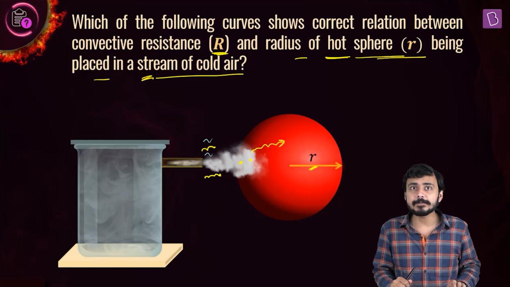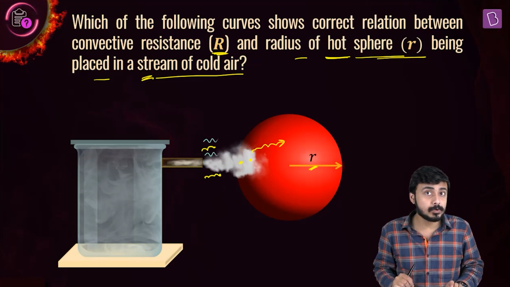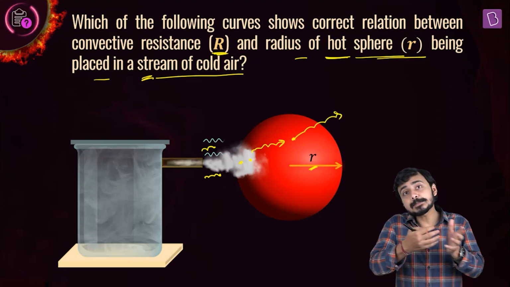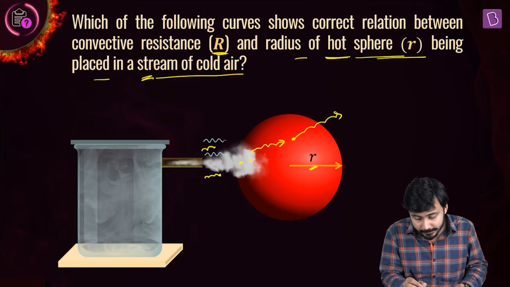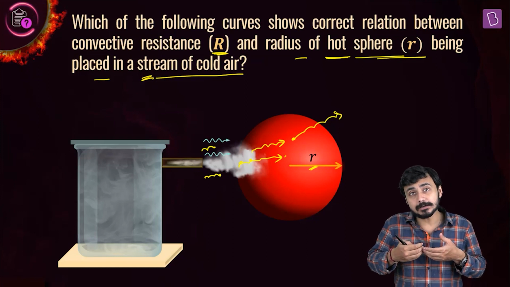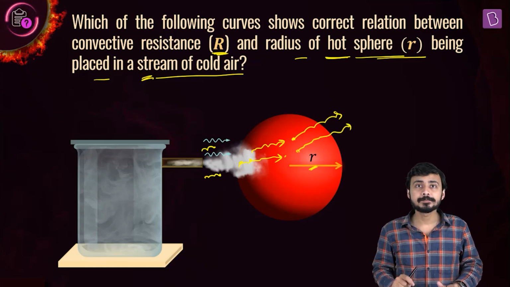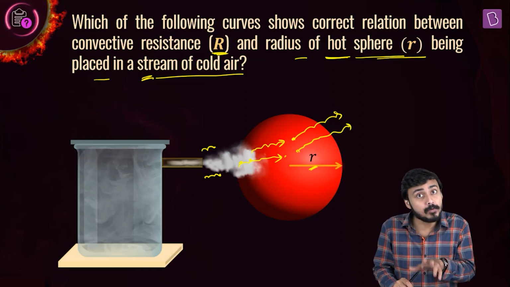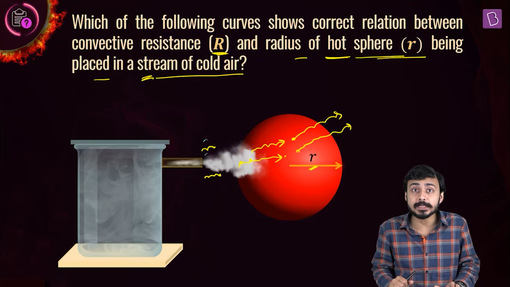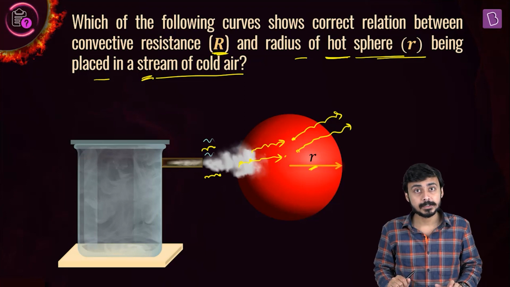Because of the temperature difference, the heat will flow from the surface towards the molecule, and then the molecules will shift. Then the next set of molecules will come into contact and absorb some heat from the surface, and then that also will shift. So here the heat is getting removed from the hot surface due to the motion of the molecules which are surrounding the surface.